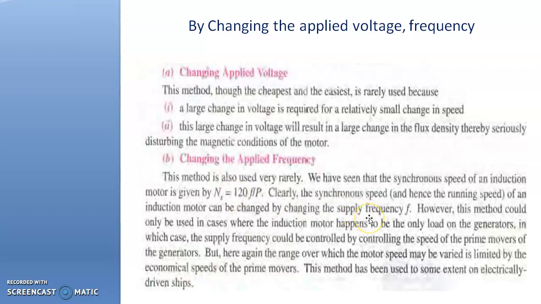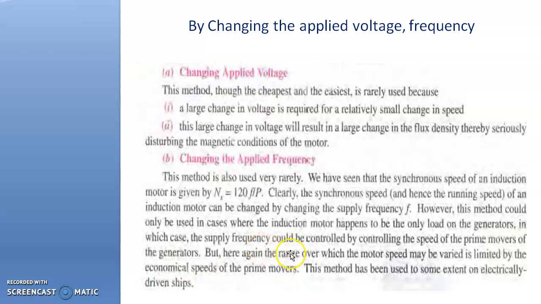So to change the frequency, you need some other power electronic devices like inverters or cycloconverters, matrix converters, etc. to change the frequency of the supply. So that will become a tedious process. So controlling the supply frequency is not so easy. So this particular method we cannot apply to any motor unless otherwise the controllers are available.